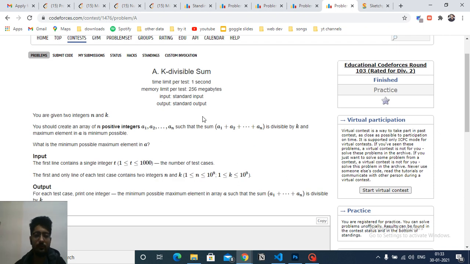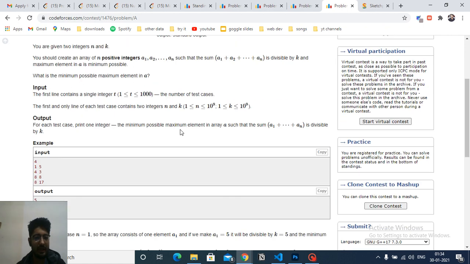the sum of those integers is divisible by k. You have to form an array with n integers such that the sum of those integers is divisible by k and the maximum element of that array is as minimum as possible. So you have to form an array such that the maximum element of that array is as minimum as possible,